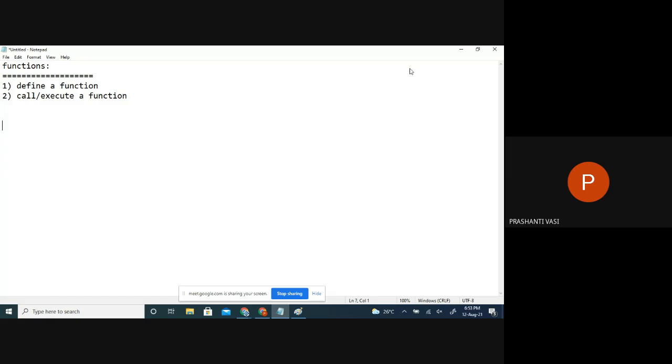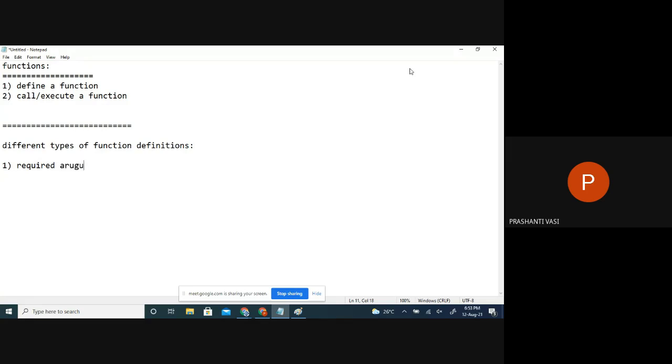So now we want to learn different types of function definition, that means various ways of defining functions. The first one we'll call required arguments.